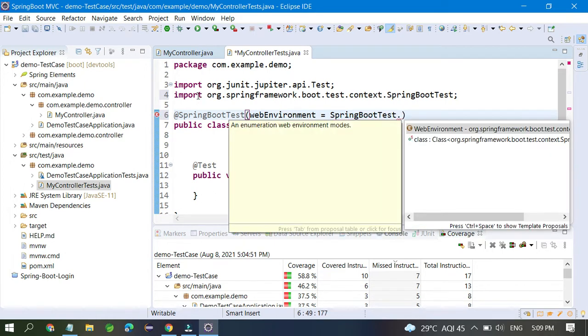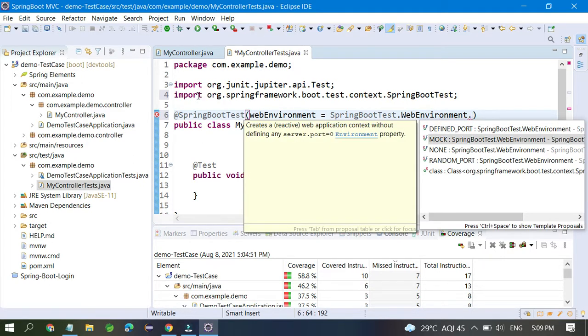Because you are doing code with web, you have to write WebEnvironment.MOCK, where MOCK is in capital letters.